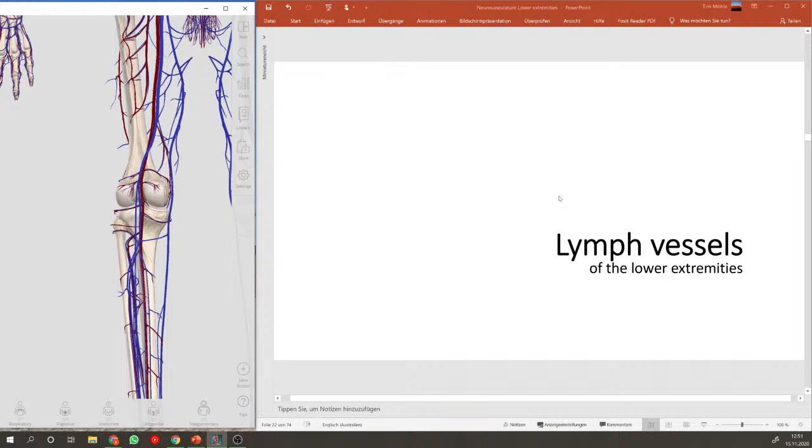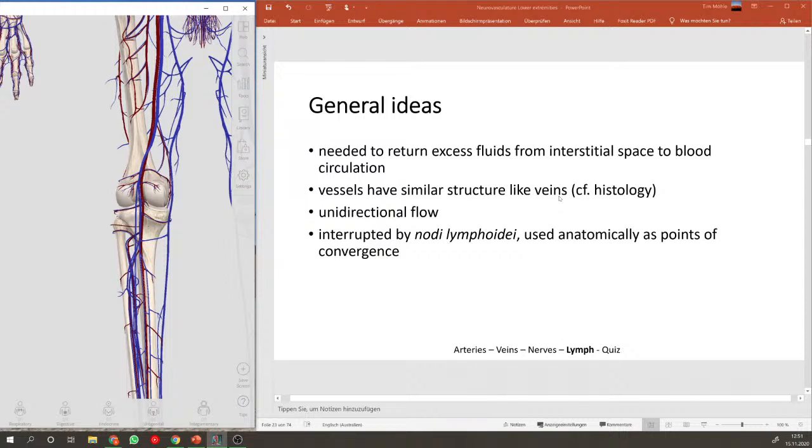Especially, for example, the lymph nodes of the axilla or the inguinal lymph nodes that we'll discuss now. So those are really important. All right. So generally,